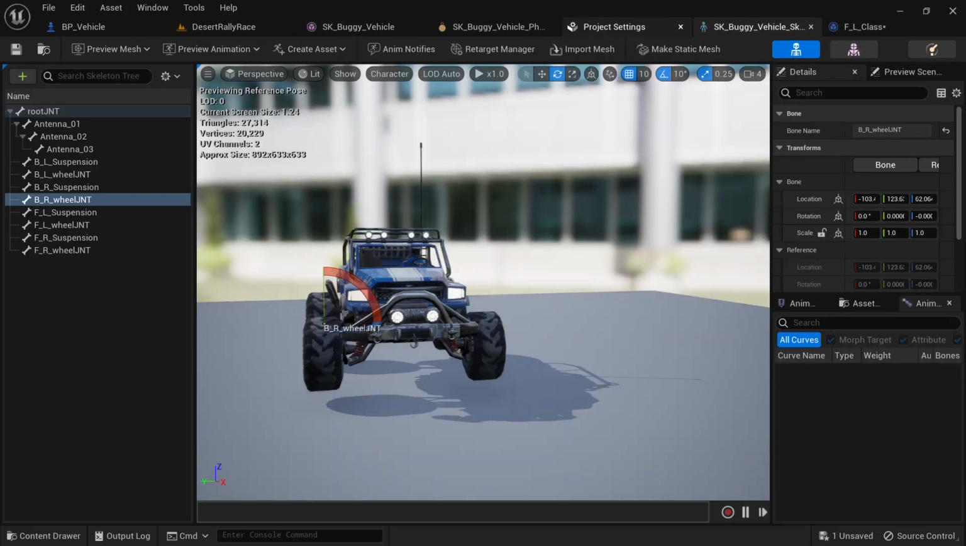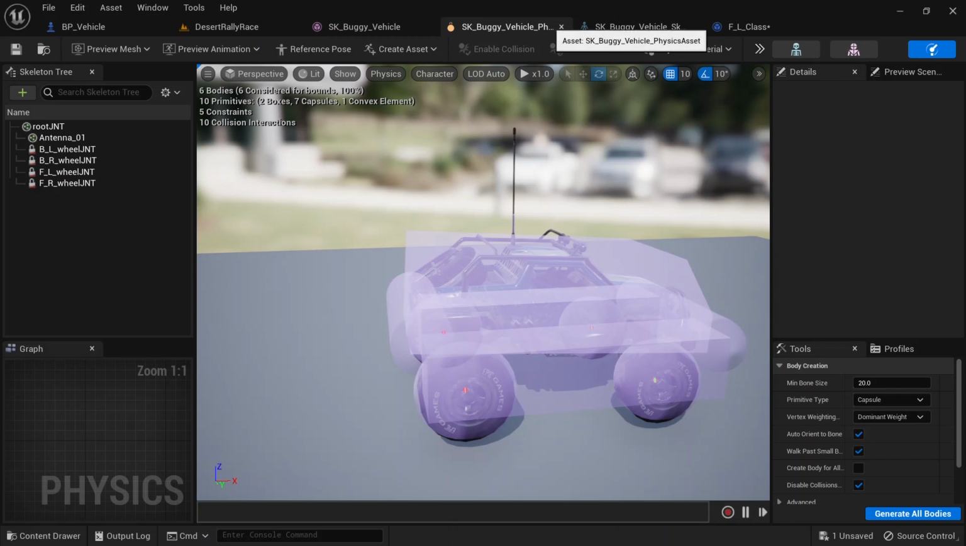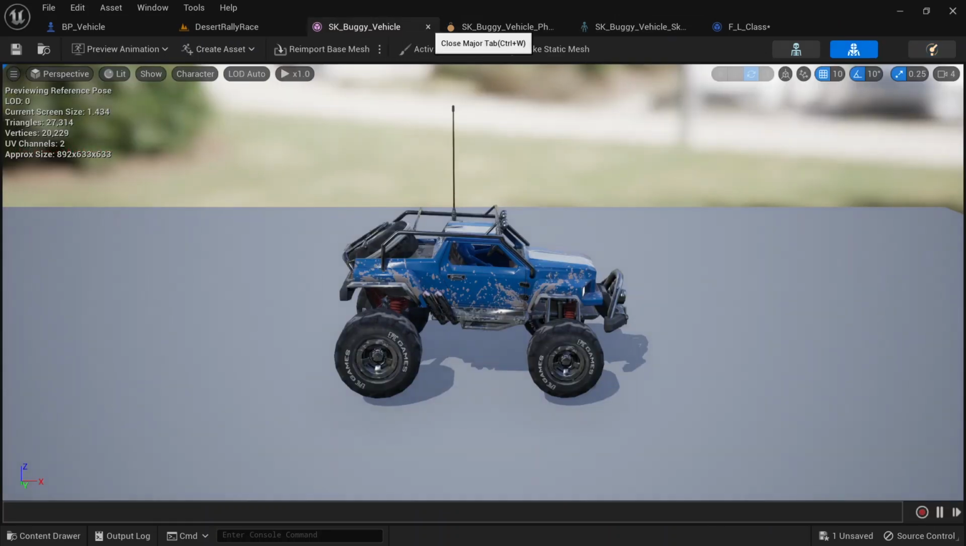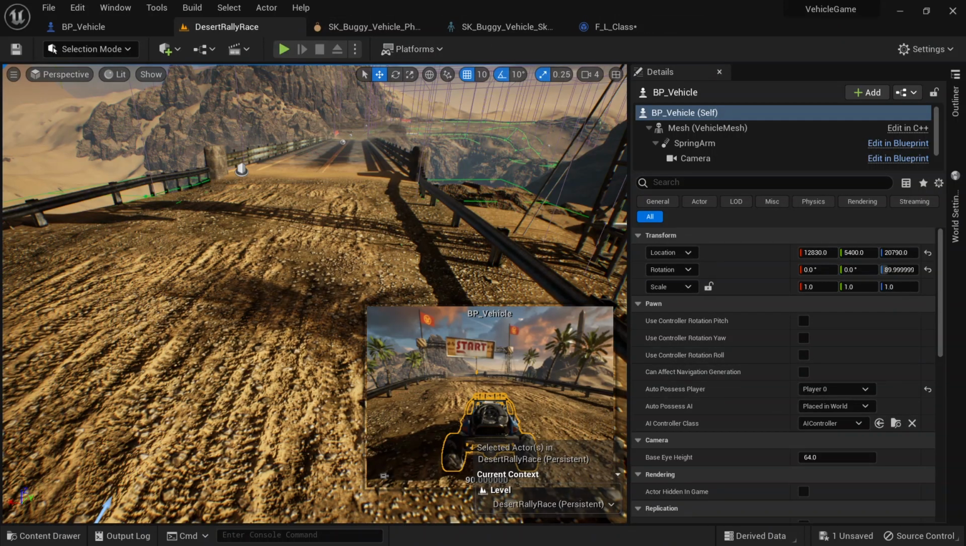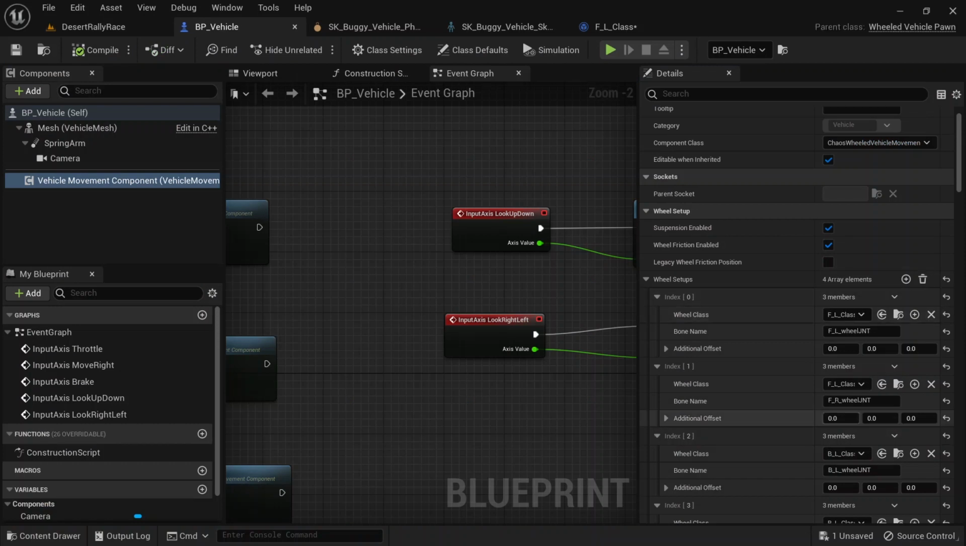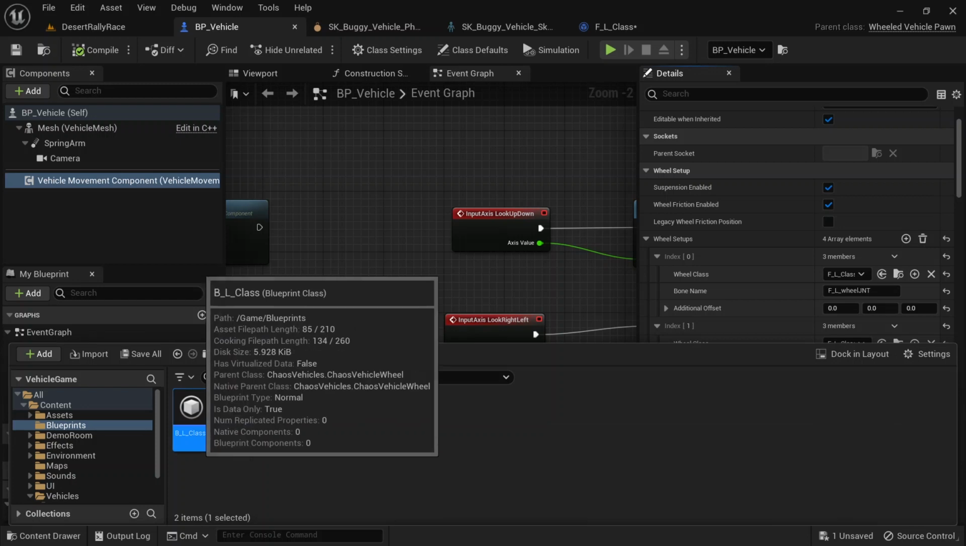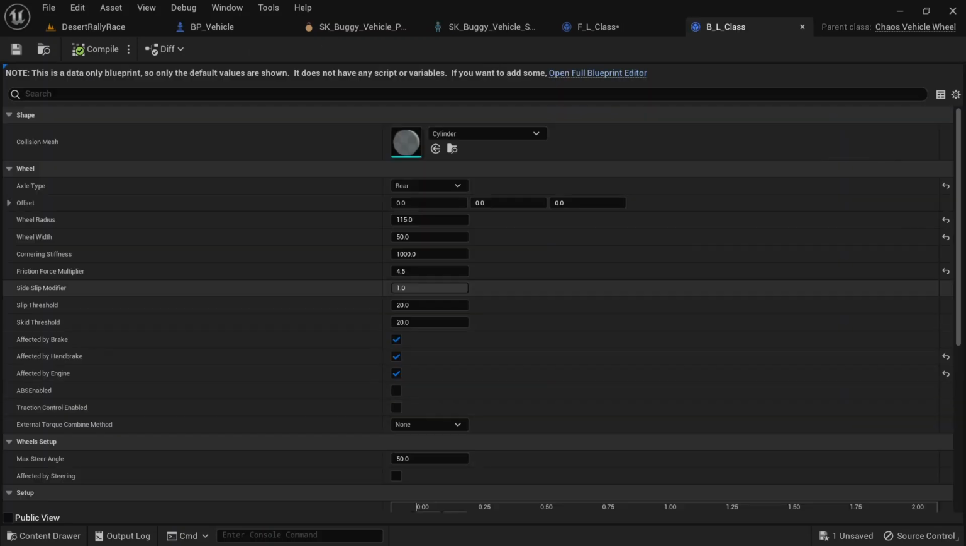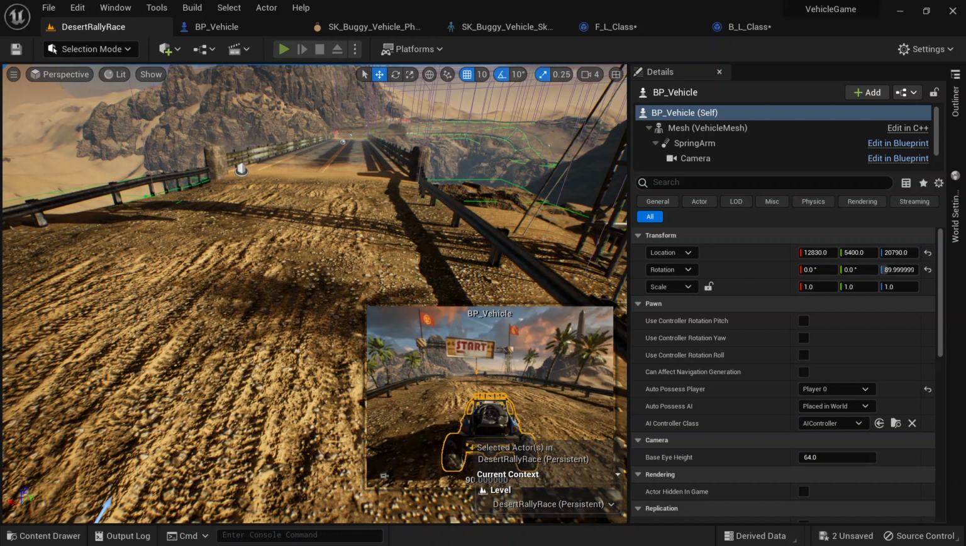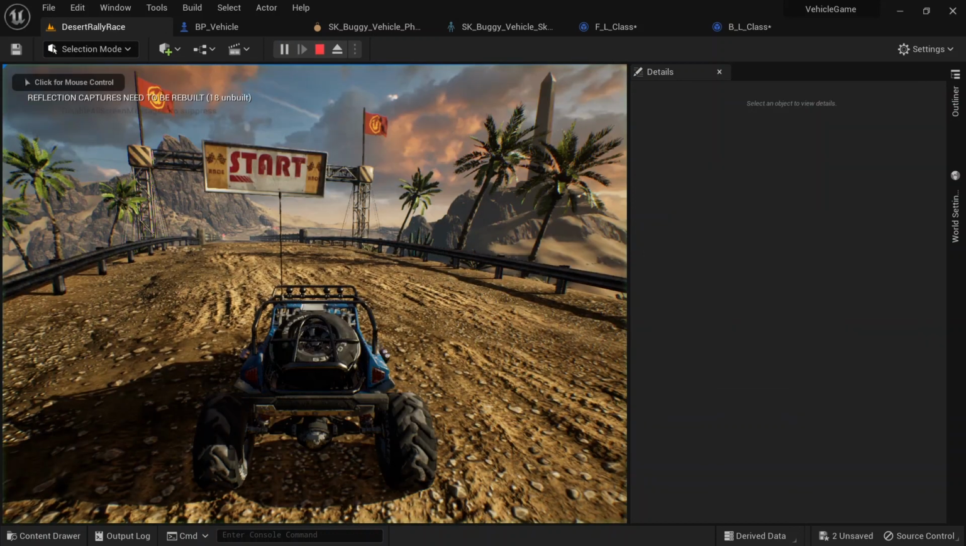We don't need animation blueprint anymore. Settings, I can close this, and finally I'll come to vehicle. Let me find our wheel class for left one, for back I think. Yes, this is 50 and this is 115. Compile and save everything. This time if I play the game,